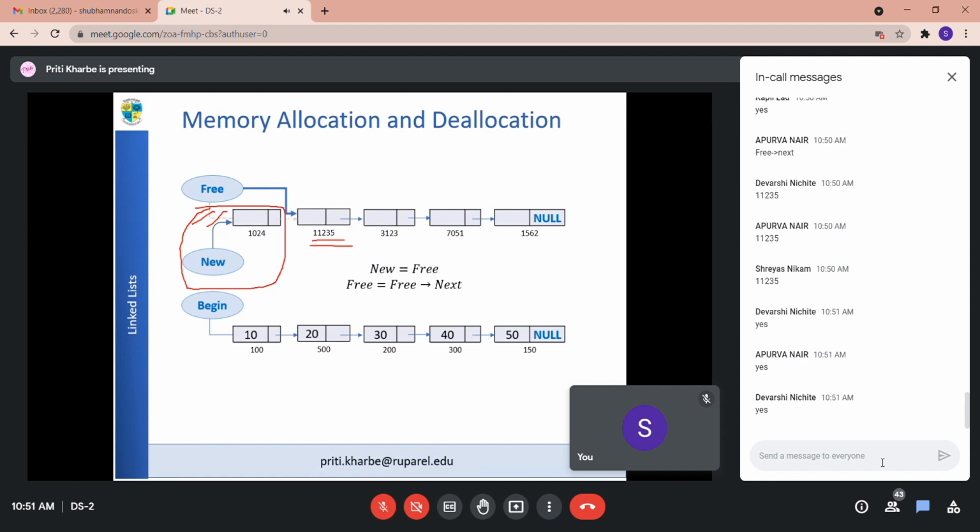So whenever I will say new is equal to free and free is equal to free's next, that means मैंने free storage list से एक node उठाया, एक empty node उठाया, and now I will do whatever I want. I'm going to insert some value and paste it in the list and so on. But this is the main thing, memory allocation. Followed how it is done? So in algorithm, whenever we write new is equal to free and free is equal to free's next, that means you have borrowed a new empty node from the free storage list. Anyone, any doubt in this? Memory allocation.